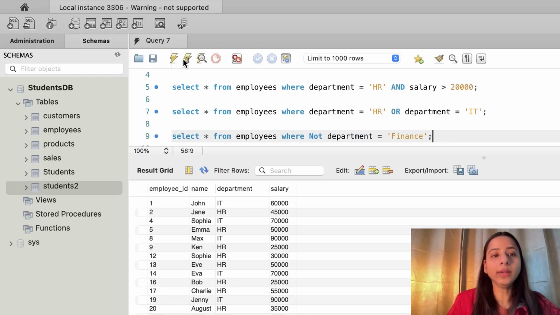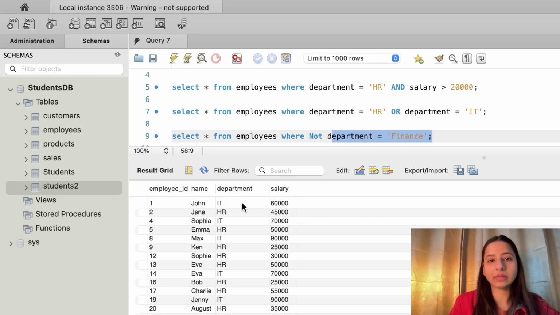Let's run this query. So the not operator ensures to exclude all of the rows where this condition is true. Not is used to negate a specific condition. So here in the result we can see all of the employees who are working in different departments but not from the